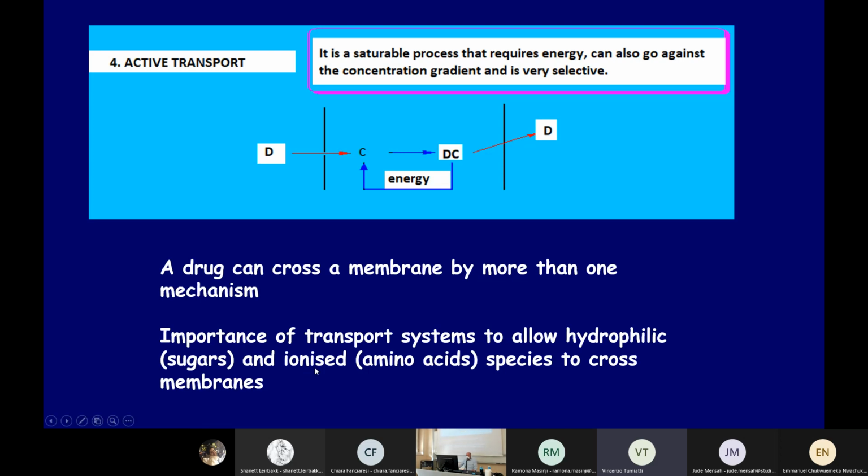And also it is important to know if the form of your drug outside the cell, if the drug is charged or not charged. Because we'll see that a lot of drugs have ionizable groups,